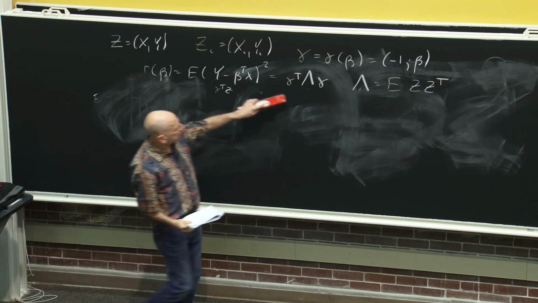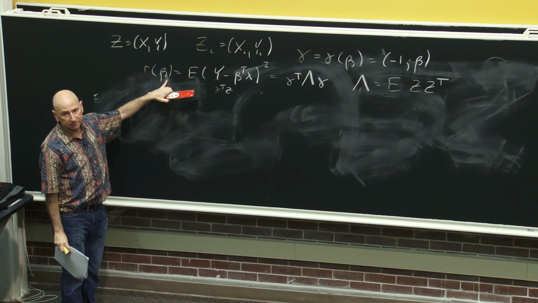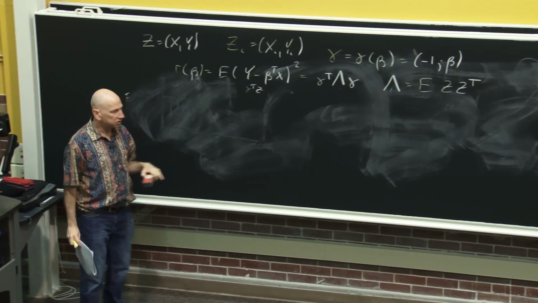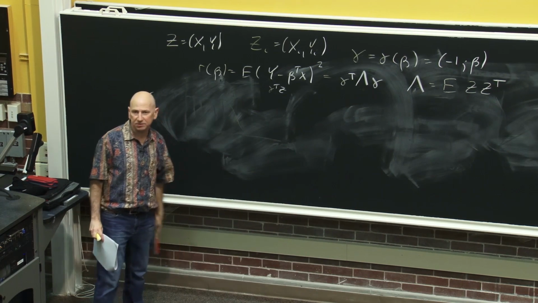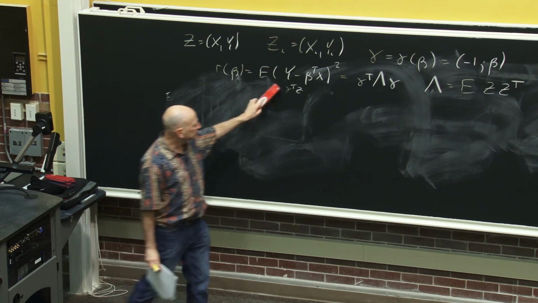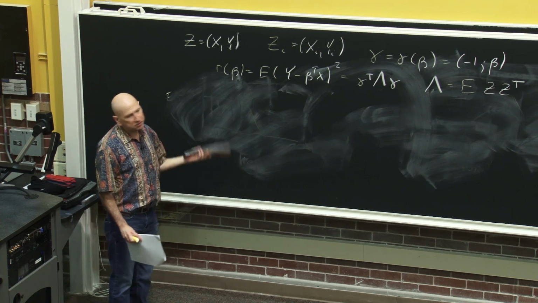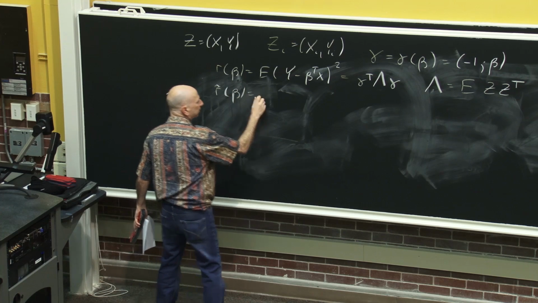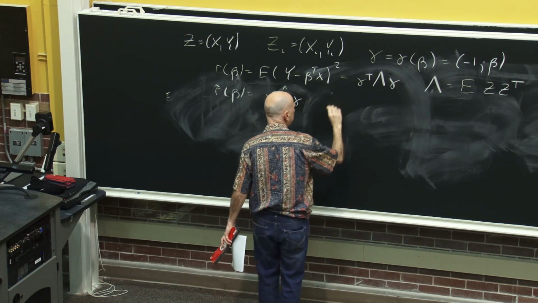So what that makes clear is the risk, and this is for any arbitrary fixed beta. And remember, this is really gamma of beta. So this is the parameter here. This is something about the population, essentially the covariance between the features and y and the features and so on. So that just makes it clear what the predictive risk actually is. And if we do the same thing for the training error, it's exactly the same argument. The training error is nothing other than this, again for a fixed beta, where this is just the sample version of this.